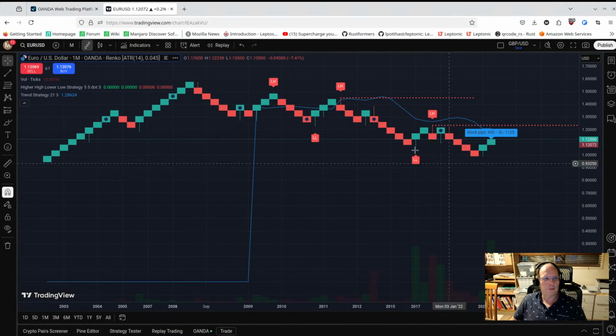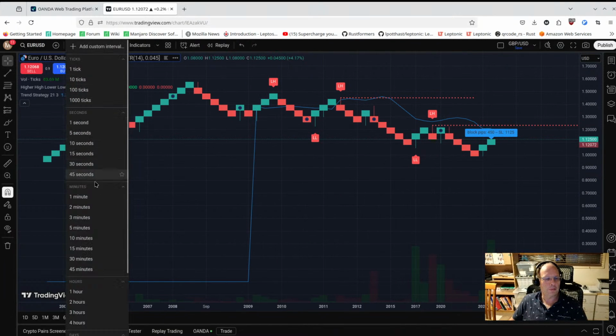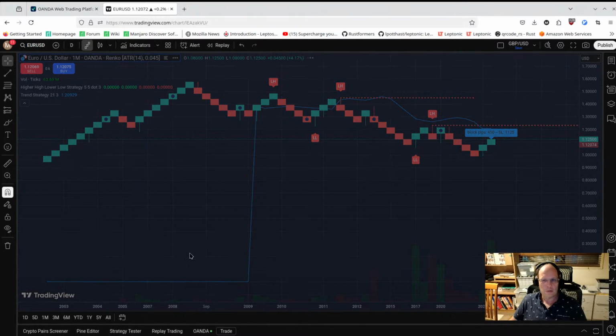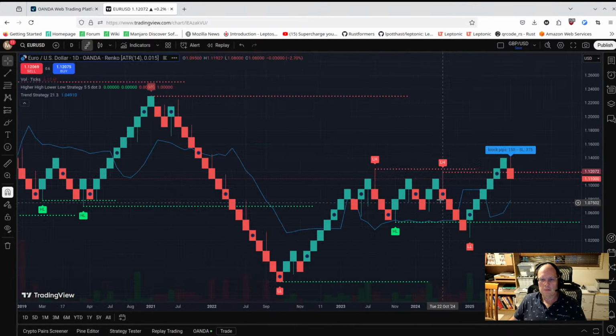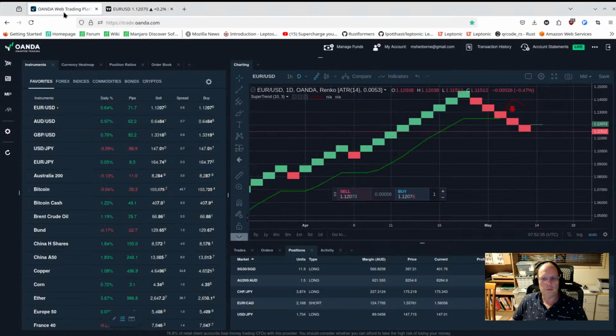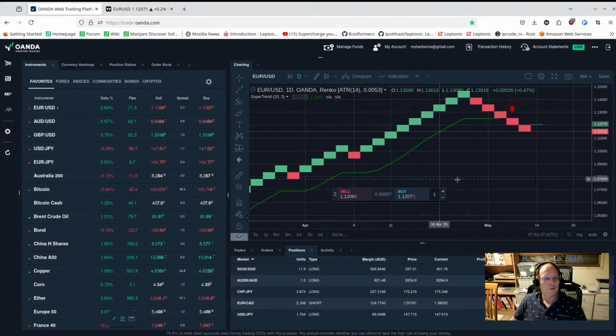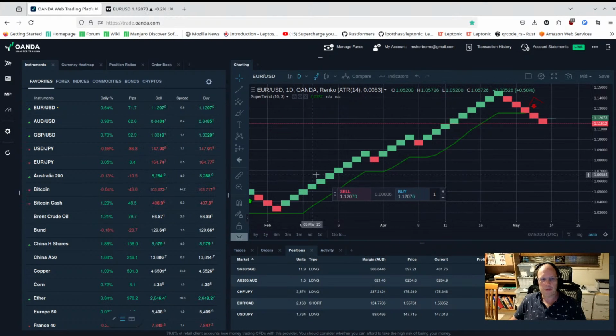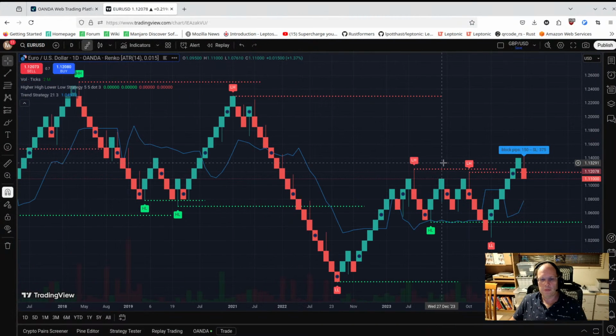See, it looks different on here. Oh, this is the monthly candles. That's why it looks different. Daily candles, please. See, according to Oanda and the same system setup, Euro US daily candles, that's a breakdown, so it should be a short. But according to